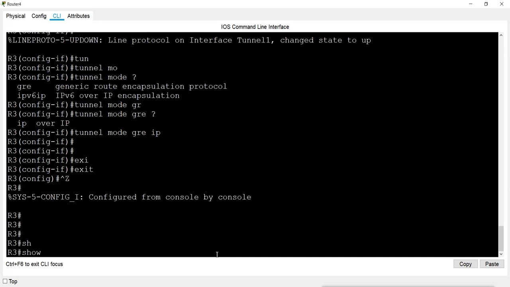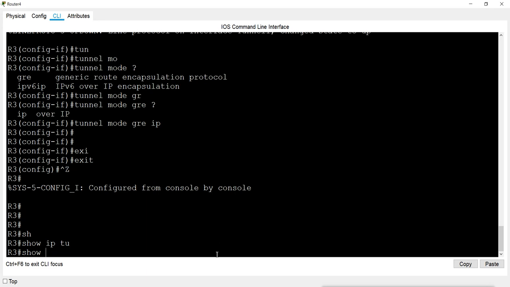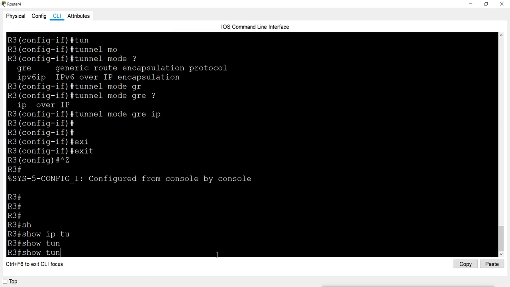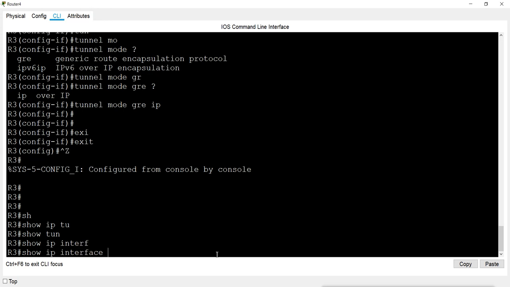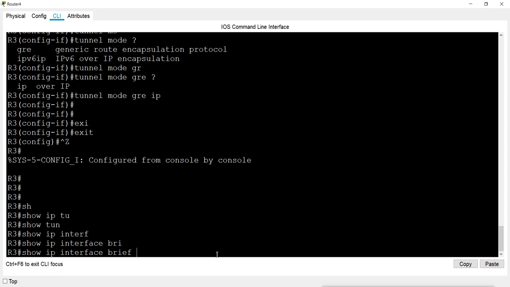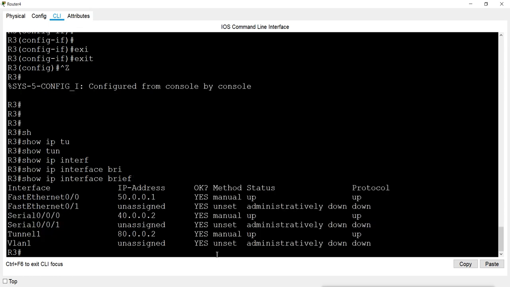We can check show IP interface brief, and we can see the tunnel is up with this IP. The tunnel is up physically, and software protocol is also up.